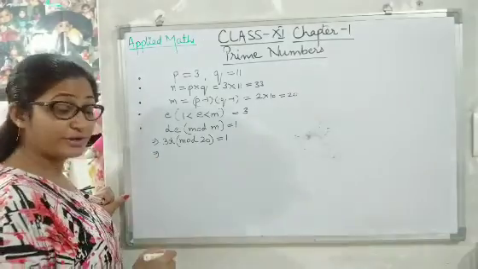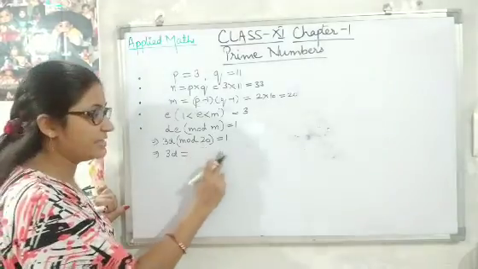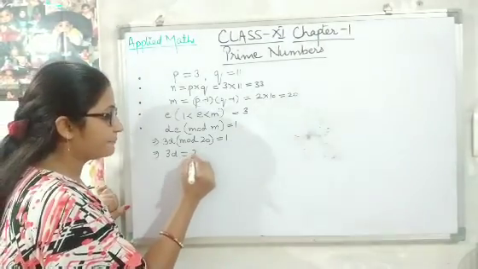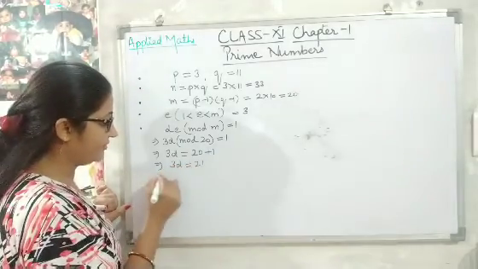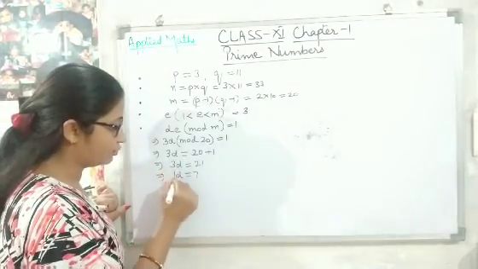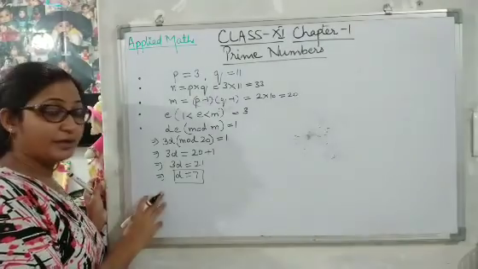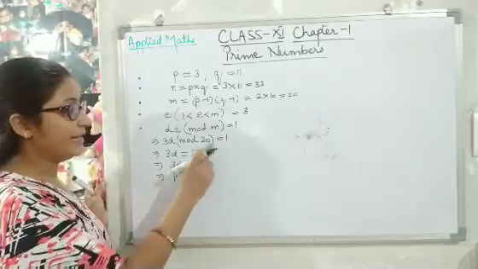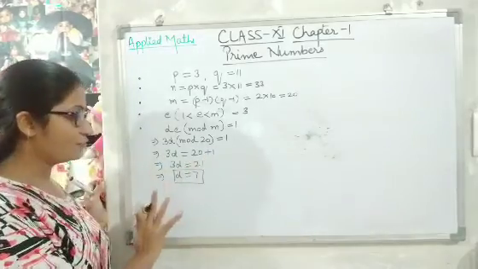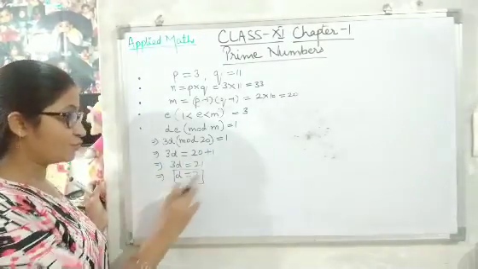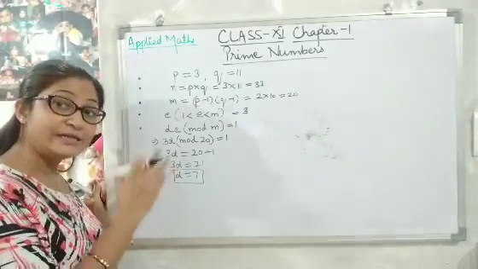So how are you going to solve this? This will turn out to be 3D is equal to whatever value of mod is given, simply add it to the number 1. So 20 plus 1 gives you 21. It means the value of D turns out to be 7. Remember how you have to do this: whatever is written with this mod, you take that value and add 1, so we get 21, and then you divide. So the value of D turns out to be 7.